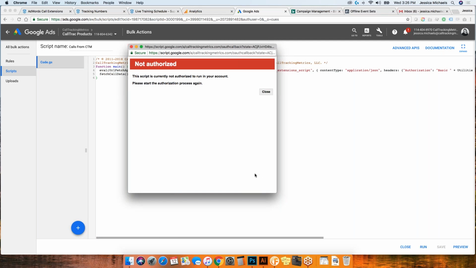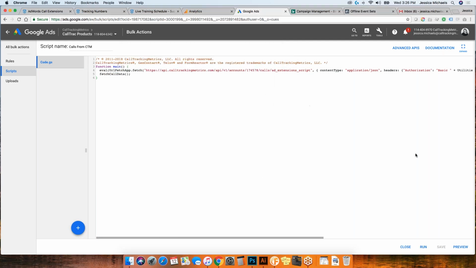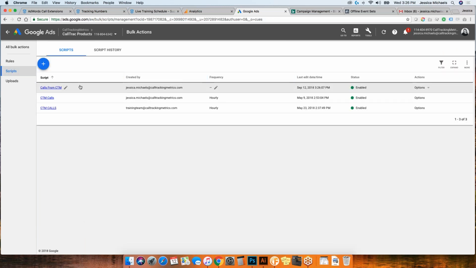Which is just allowing us to run. Sometimes it can be a little glitchy like that. It is saved, so if we come back to our scripts, calls from CTM, so it was enabled. It's really annoying that it's glitchy like that sometimes.